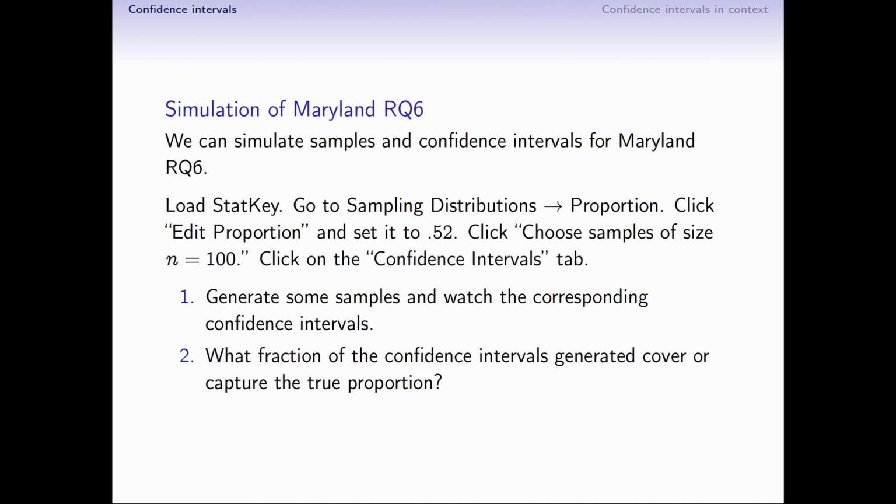We're going to load StatKey, go to Sampling Distributions, Proportion, click Edit Proportion, and set it to 0.52. In other words, we're creating a population in which the proportion of people that favor RQ6 is set at 0.52. Now, we're going to click Choose Samples of Size n equals 100,